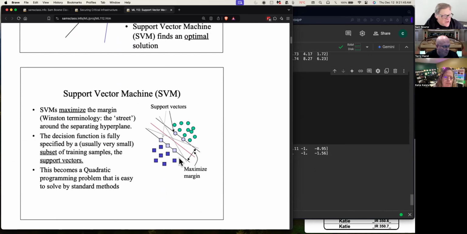That would seem like the thing to do. You use the angle and the width of this so you have the biggest separation between them. That is the best line to use to separate these two categories. This has a very strange consequence. That line is determined only by these dots on the edge. The other dots don't matter at all. If you remove these dots or move them to a different location, it wouldn't change the location of that line